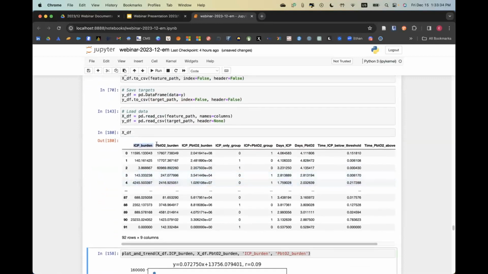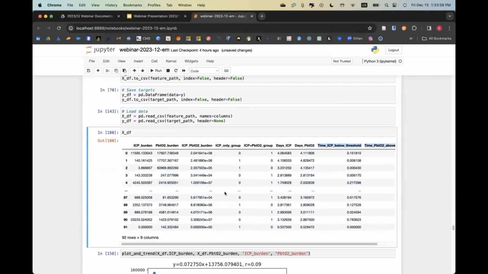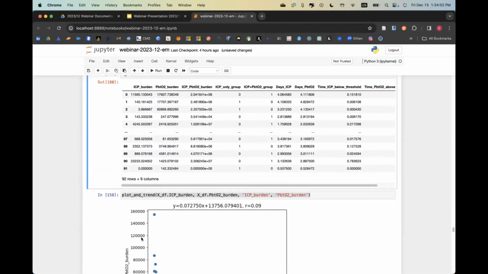We have ICP burden, PBTO2 burden, the nonlinear feature that I did, which is just a multiplication of these two, then the one-hot encoded feature right here, the days in ICP and the days of PBTO2 that I got from the metadata table, and then the other function, which was time below a threshold and time above a threshold. And this is 9 columns, so it's 9 features that I'm looking at. So the same number of features I had before, but I engineered some of them.